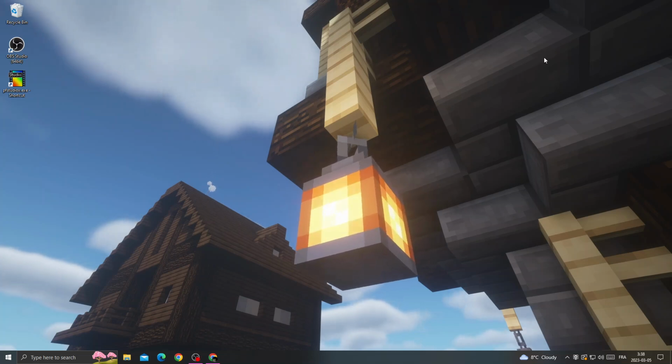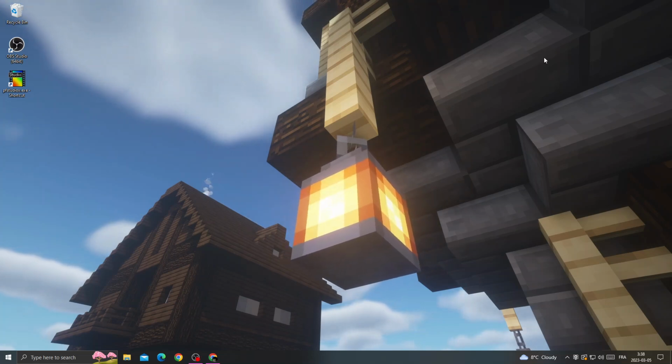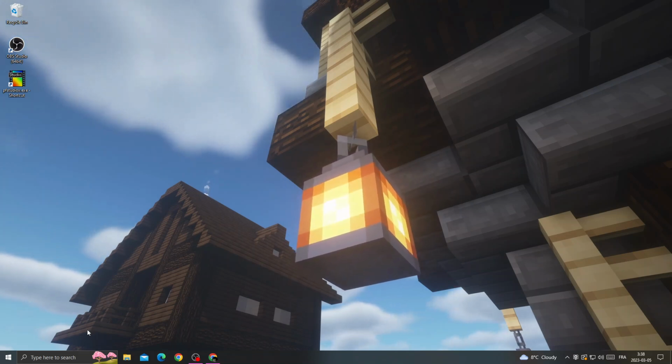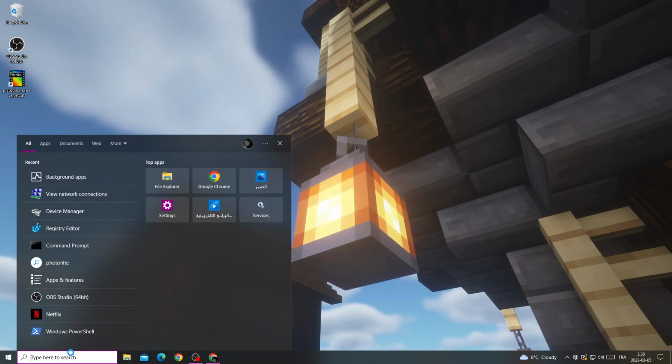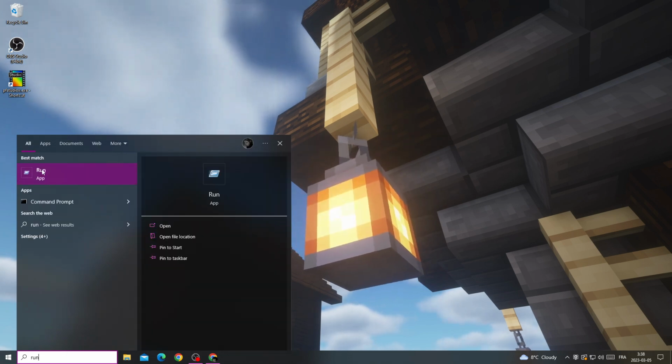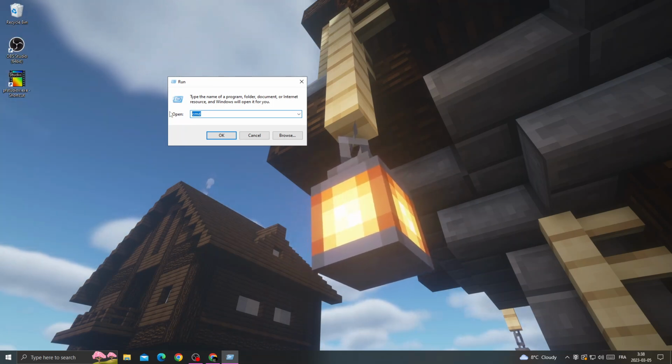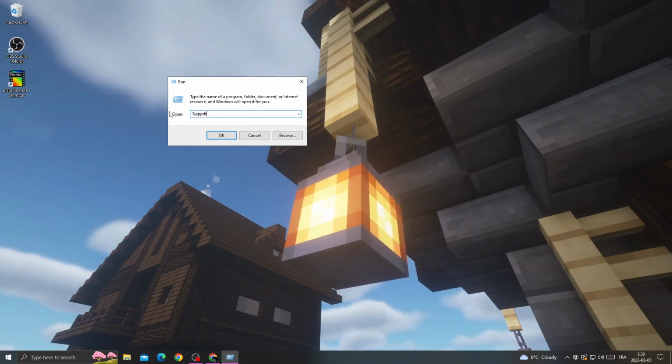How to fix Java Runtime is incompatible, easy and quick. If you want to fix it, first just click here and then type run. Now click on it, and once you're here type %appdata%,